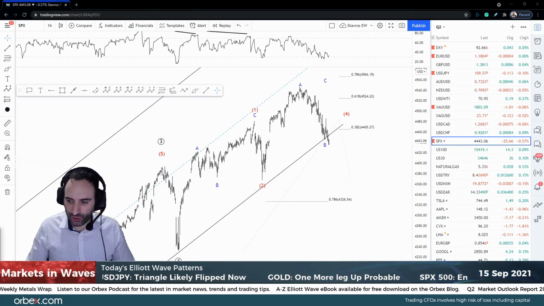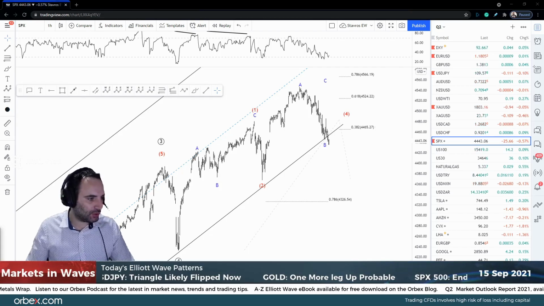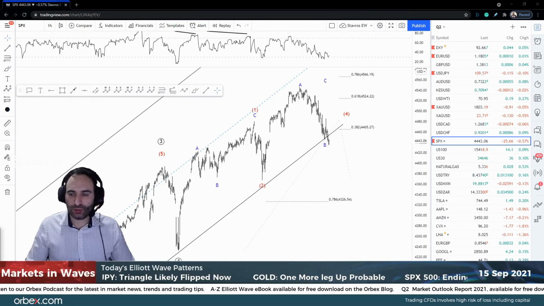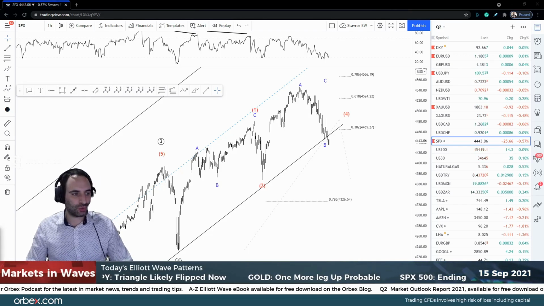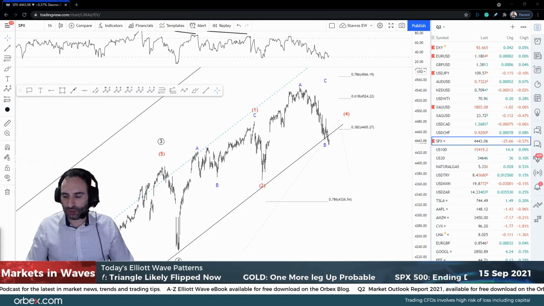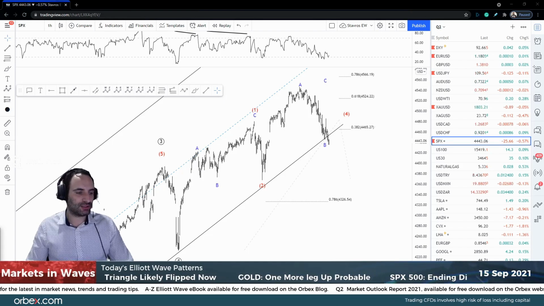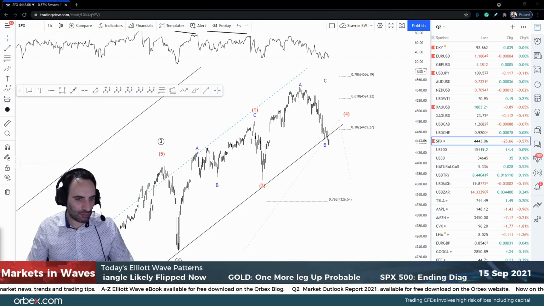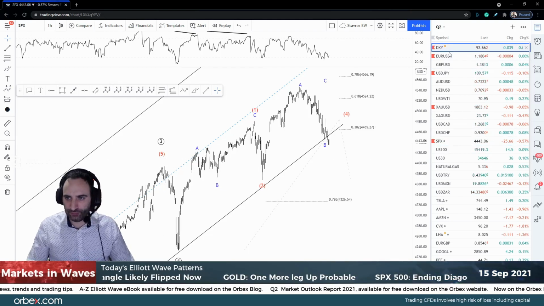Stavros is here from the offices in Limassol, and today we're going to have a quick look at what's really happening with the DXY, Euro Dollar, Dollar Yen, Gold, as well as S&P. Obviously, there are a lot of assets that are moving, but we need to choose the ones that we think have done something significant. First of all, with DXY,